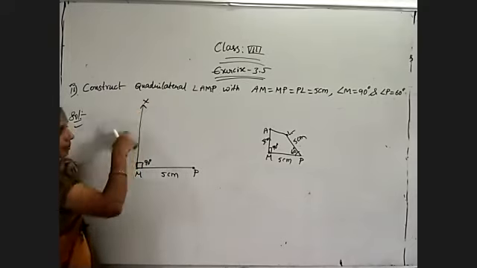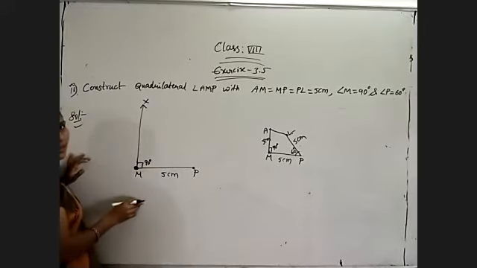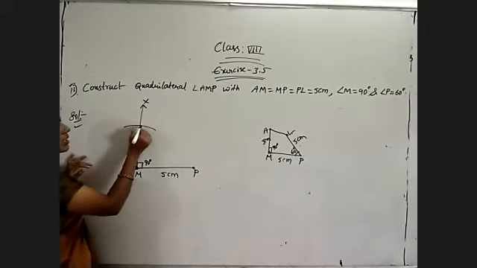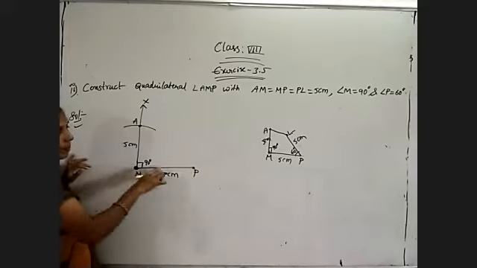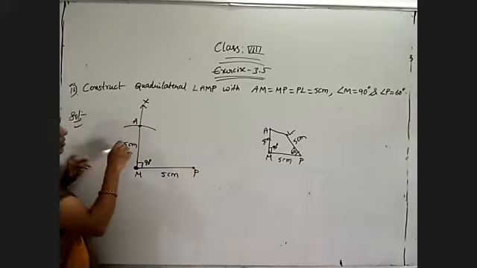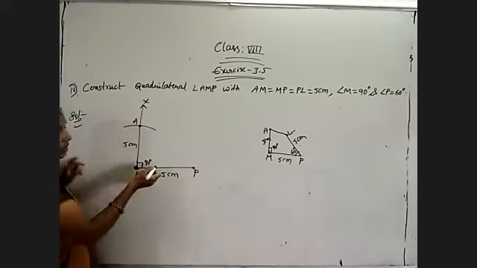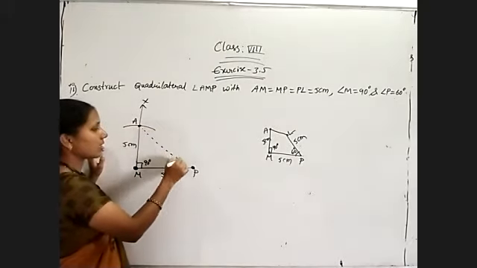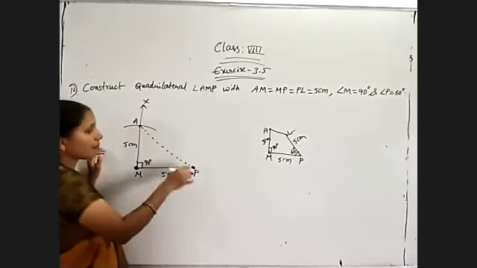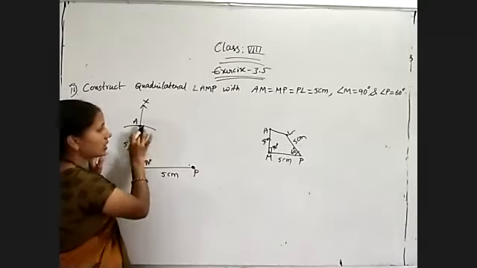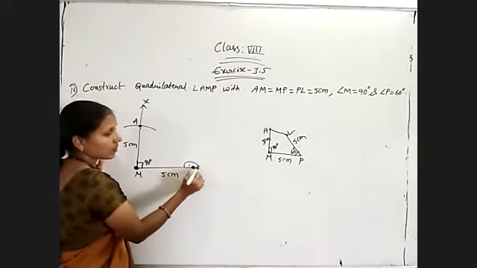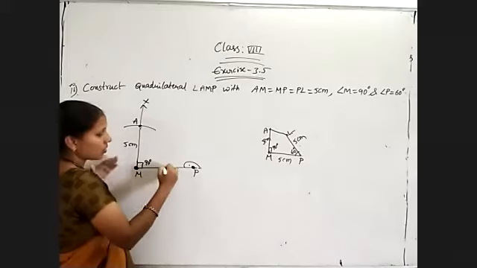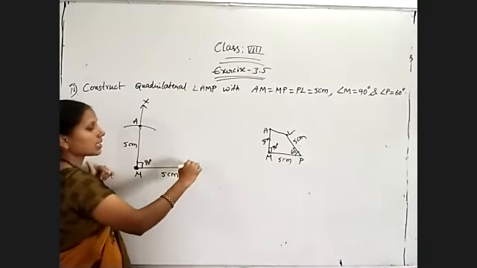Now M as center with 5 centimeters radius, draw an arc. It is A, because in LAMP the correct order we must place. With this we have constructed triangle AMP. Now, set your protractor at P, like this. Now this side is produced. On the left side, from the upper values, we must count 60.